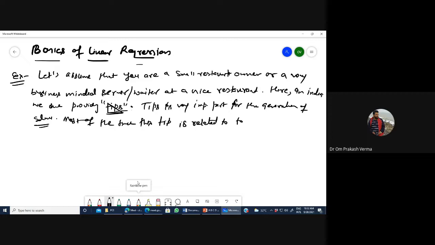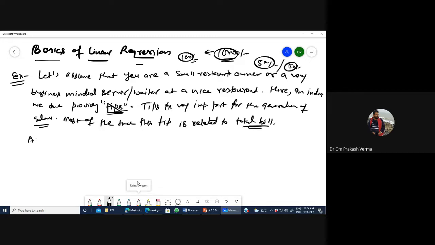Let's say you have spent 10,000 rupees in the restaurant, then generally you will give 100 rupees. And if you have spent 5,000 rupees, generally you give 50 rupees. So we have classified the tips based on the total bill.